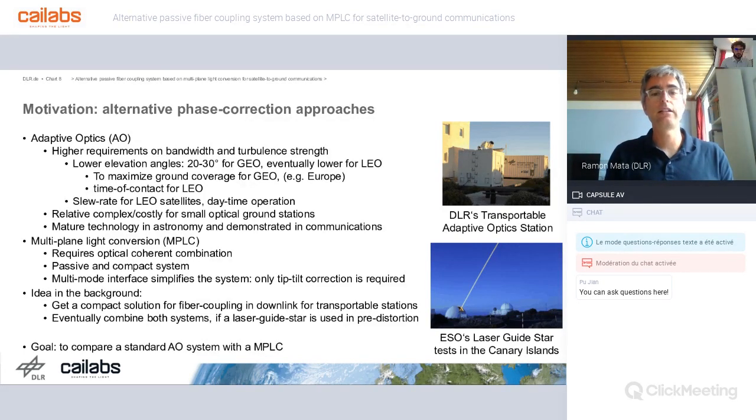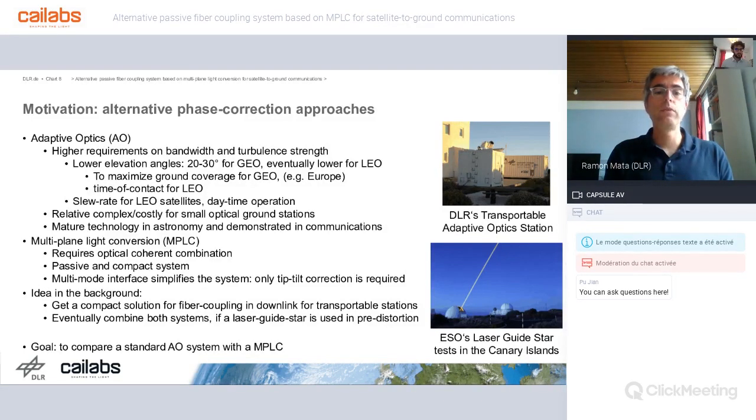And then for the LEO satellites, we also have to maximize the time of the contact. The LEO satellite is crossing the whole hemisphere, so we have to be in contact with the satellite as much time as possible. On top of that, there is also the slew rate, for example, in the case of the LEO satellites, which makes the turbulence change faster, because it's like a virtual wind that you create by crossing the atmosphere. On top of that, satellite communications need 24 hours of operations. It means we have to work also in daytime, whereas in astronomy, usually the observations are done only during the